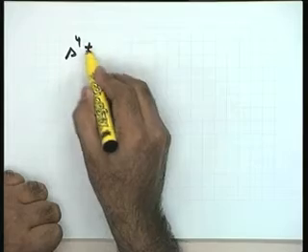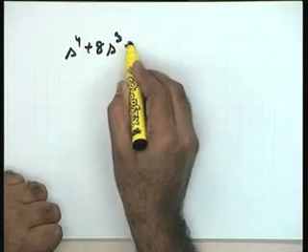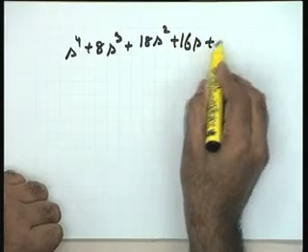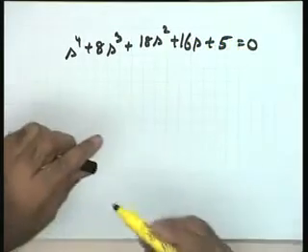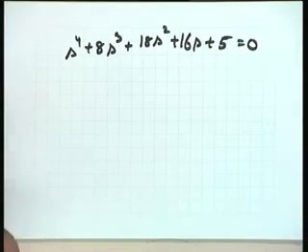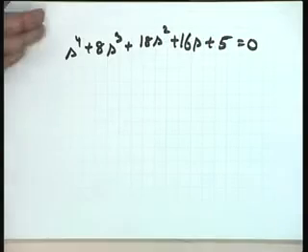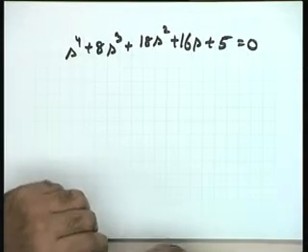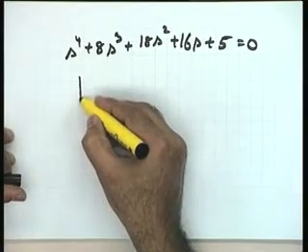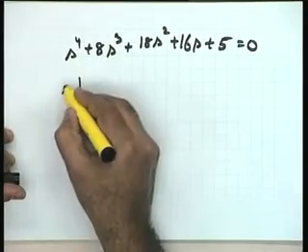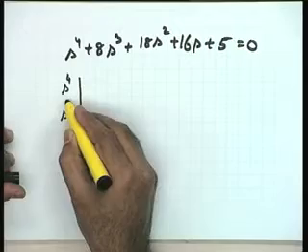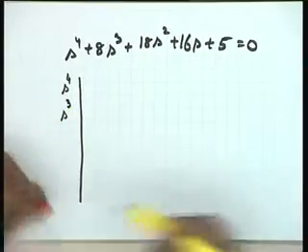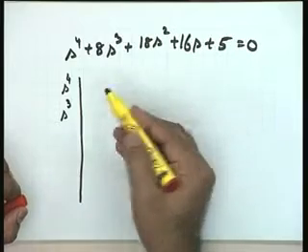I take s to the power of 4 plus 8s cube plus 18s squared plus 16s plus 5 equal to 0. The Routh array, I have not yet given the conclusion as to how to determine the stability. I am simply giving a numerical example to give a procedure of construction of the Routh array. So what I will do is, I take the first two rows corresponding to s to the power of 4 and s cube. You can independently write your coefficients and compare with my result.